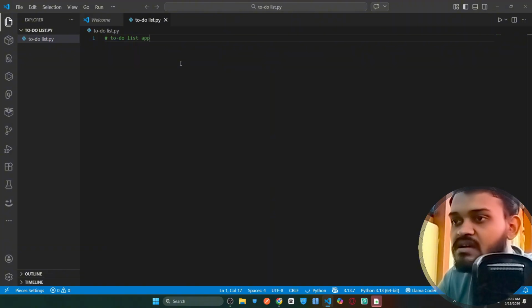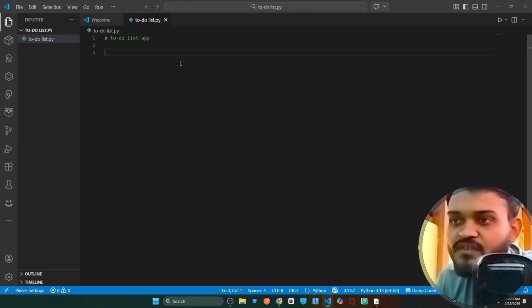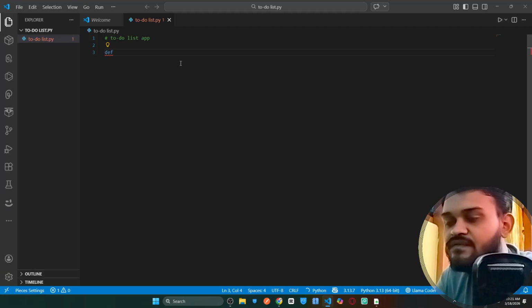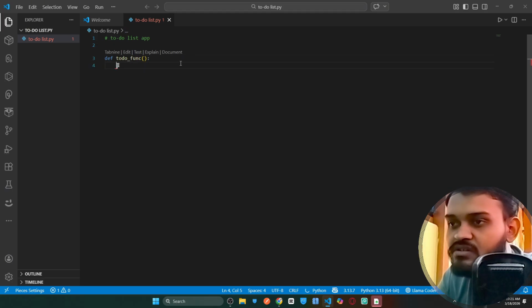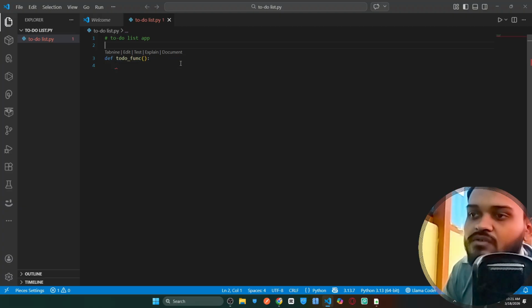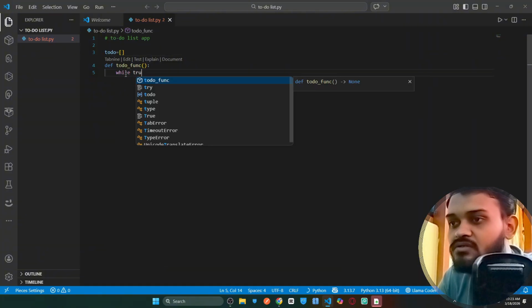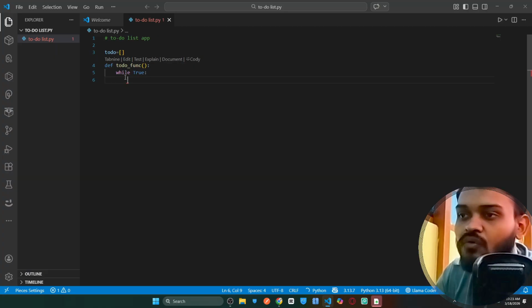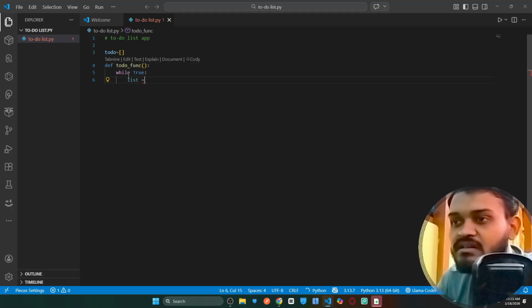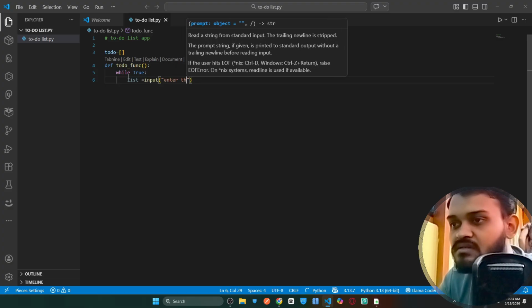For the to-do list app, first I will start by making a function: def todo_func. Inside this function, before that, let me create one empty list. All I need is while True, that means when the condition is true, we need a loop. Let me enter the list, meaning the list that will be inserted by the user. Enter the